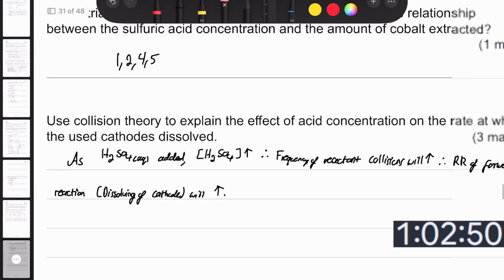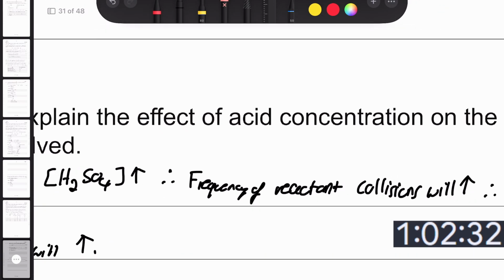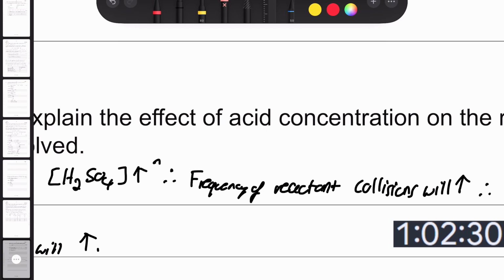How is this 3 marks? Reaction rate of forward reaction will increase, therefore the dissolving of cathodes rate. Let's say increased